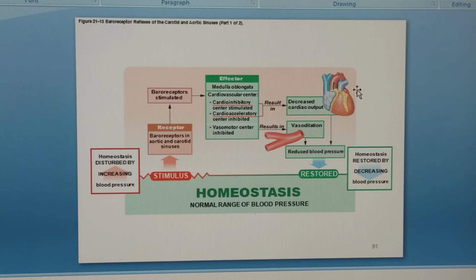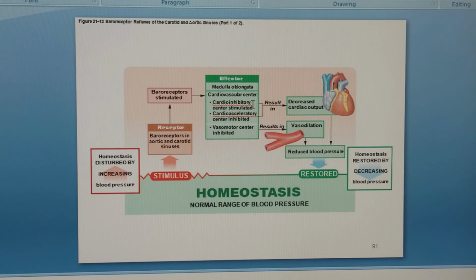So what this picture is showing us is our normal range of blood pressure. A stimulus has taken us away from homeostasis by increasing the blood pressure. We don't want the blood pressure increased. Therefore, we're looking at the baroreceptor reflex of the carotid and aortic sinuses. The baroreceptors of the aortic and carotid sinuses are stimulated. That information, it's a reflex, is going to go to the medulla oblongata, which houses the cardiovascular center,